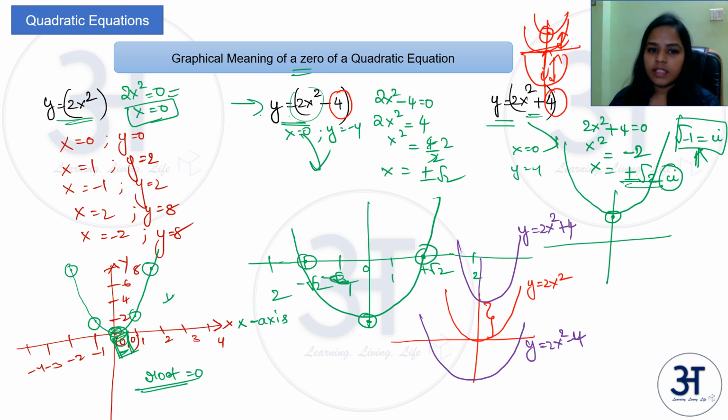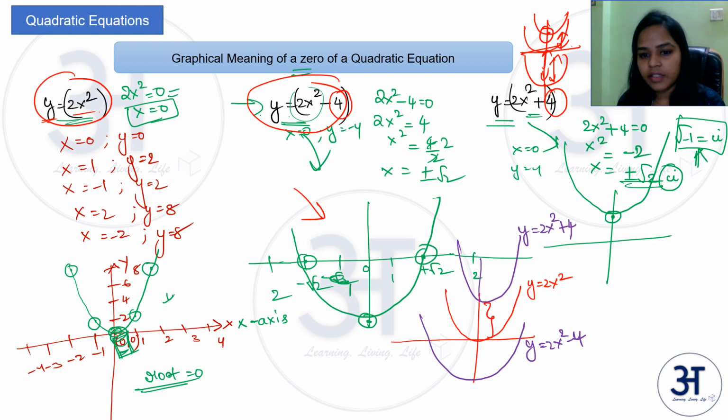Similarly, let me explain one more thing. So y is equal to 2x square, where y equal to 0 is this, fine. So without drawing this graph, can you derive the roots of this using this graph only? It is actually possible. How? Say 2x square equal to 0 if y equal to 0. When will you get 2x square minus 4 equal to 0? If you get y equal to 4.